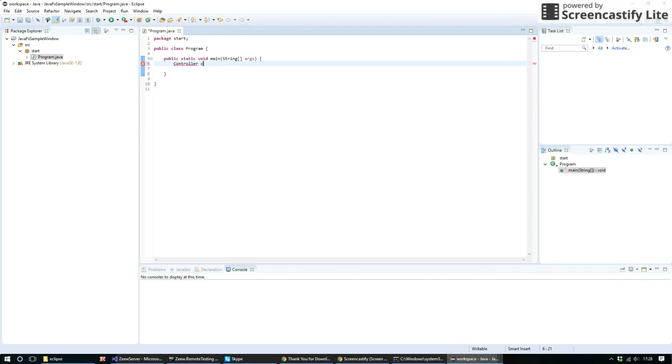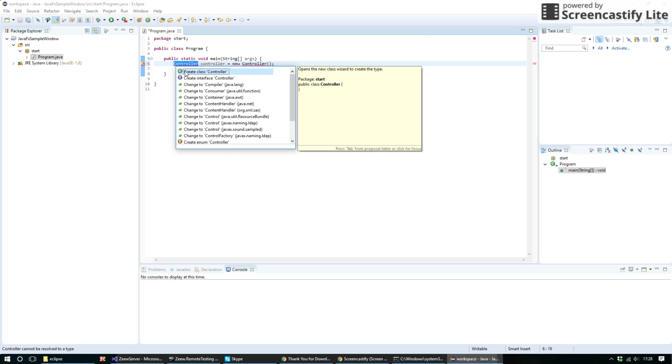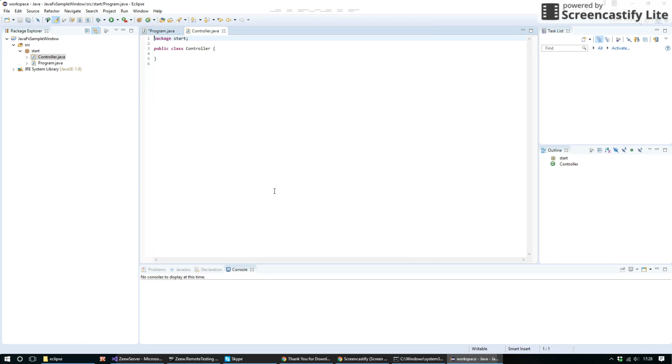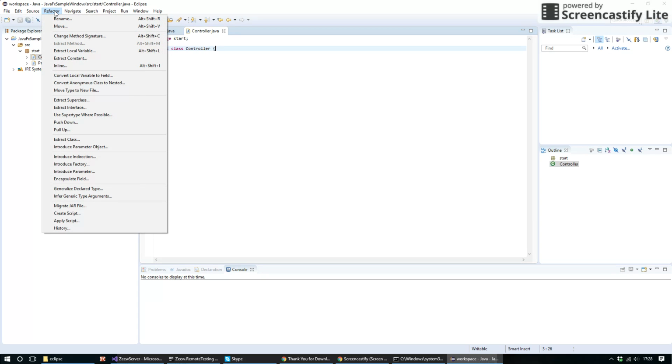So controller, new controller. Okay, so code completion is not as functional as NetBeans one. Okay, so maybe after we create a class, it will become more functional. Okay, so for now, it's very good. Okay, in here the refactoring parameters,